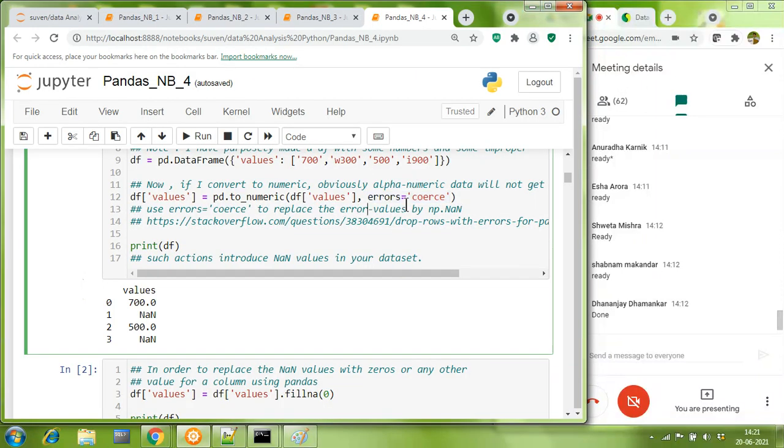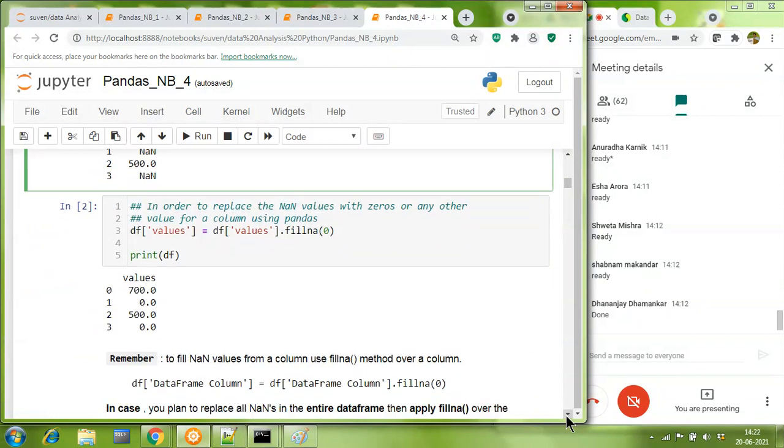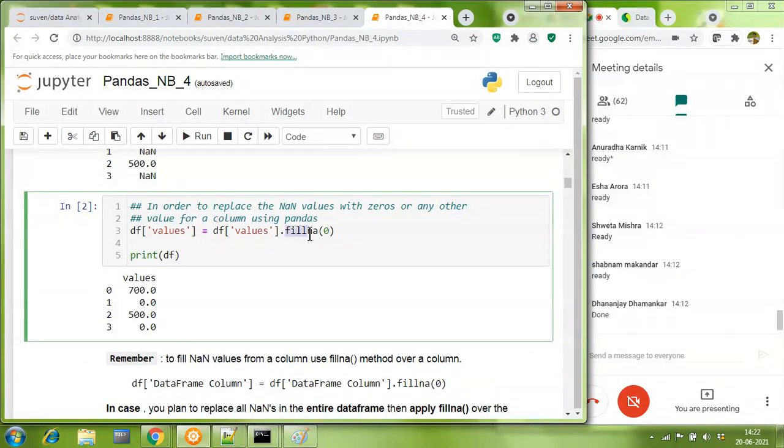More important than this is the intuition which I'm trying to create in your mind. Now, how do you fill? Super simple to fill. You need to use a function called fillna. Give it the value by which you want to fill. Most of the time it is quite common to fill a numeric value for which you have absolutely no idea with 0. But if you think you have an idea, you can fill it with the mean price of that respective column.